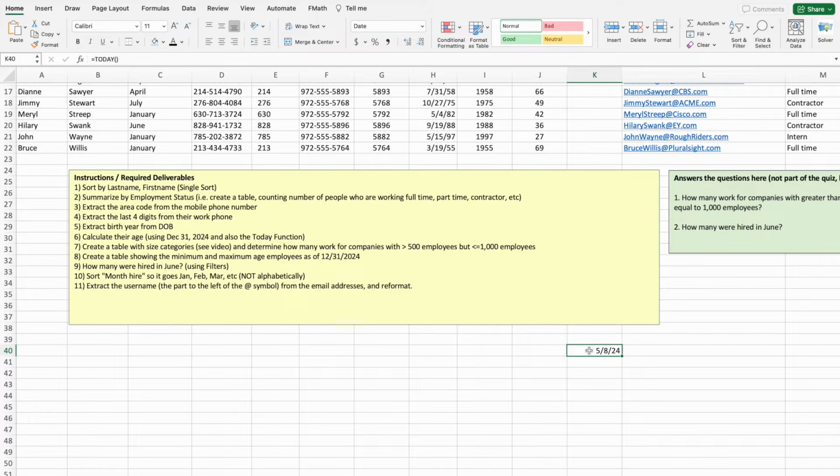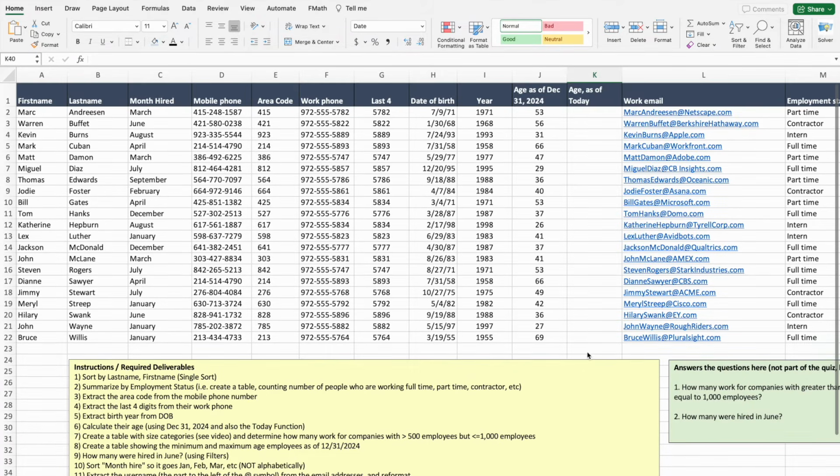So let me go ahead and just delete that out of there, and then come up here, and we're going to use the today function. So equals today, and I've got to close off the function. So it's going to bring up today's date. And then I'm going to do minus. Over here, I'm going to go to the year, H2. Okay. So because we want the age as of today, I'm going to go minus H2. Now if I click return,